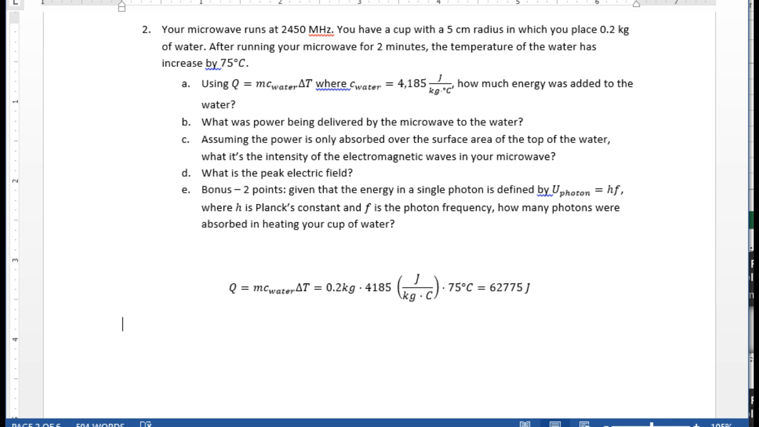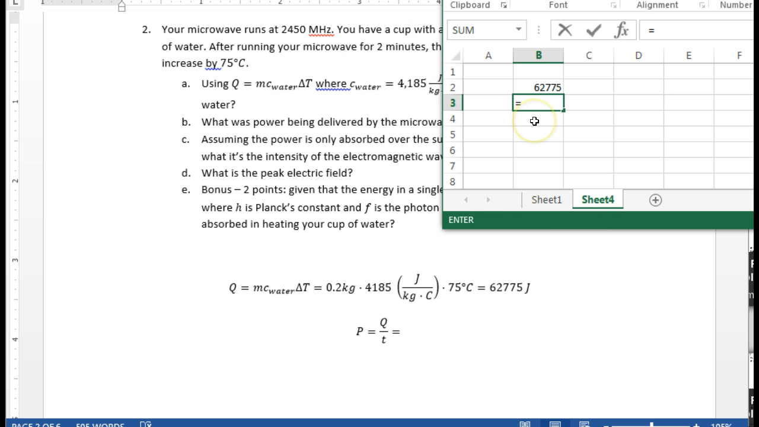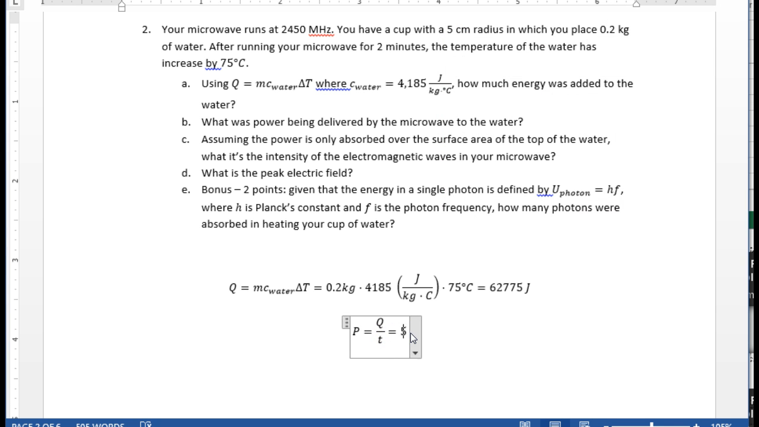That's A. What is the power being delivered by the microwave? Well, power is energy over time, right? And the time is 2 minutes or 120 seconds, right? Equals the total energy divided by 120 seconds, which is 523 watts. So 62,775 joules divided by 120 seconds equals